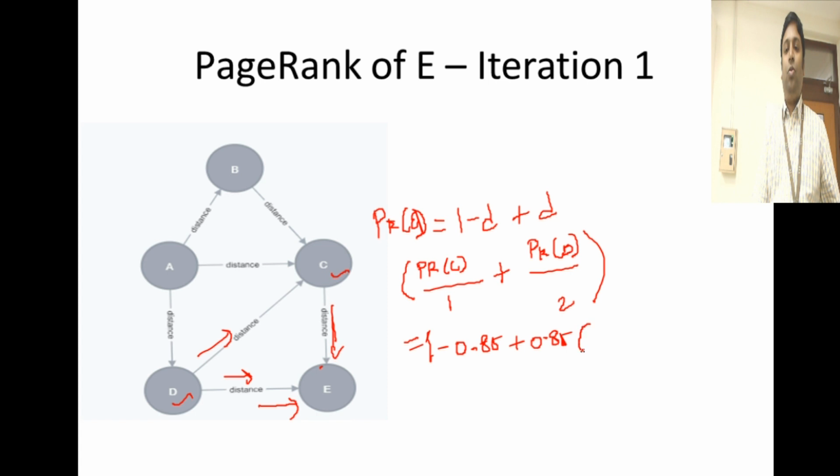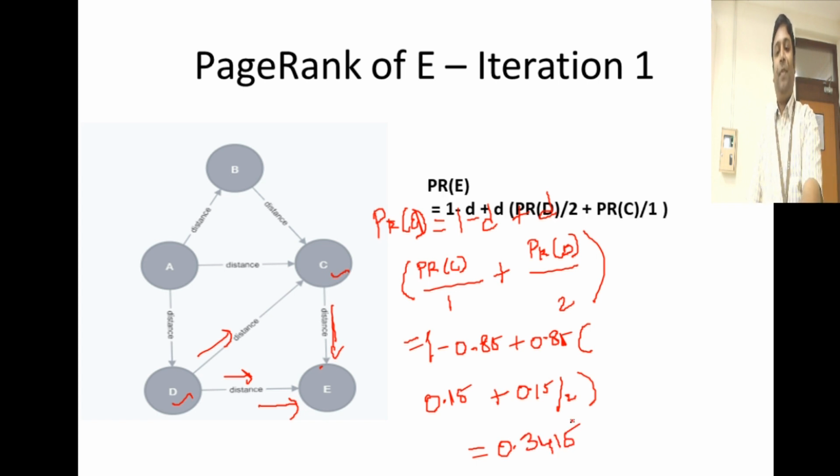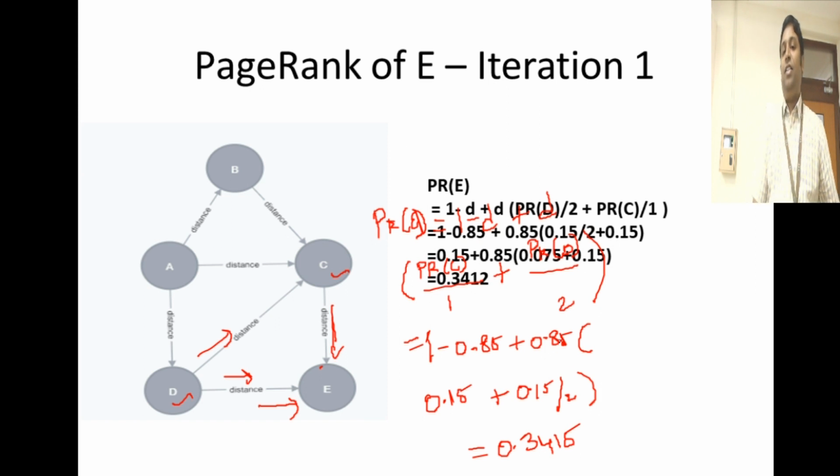And then you take the PageRank of C from the previous iteration. 0.15 by 1 is nothing but 0.15, and PageRank of D is 0.15 by 2. What is the final answer you are getting? 0.3415. Very good. What I have received is 0.3412. Anyway,